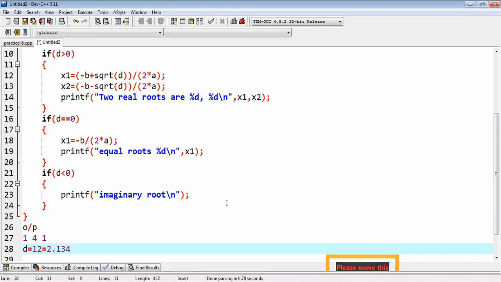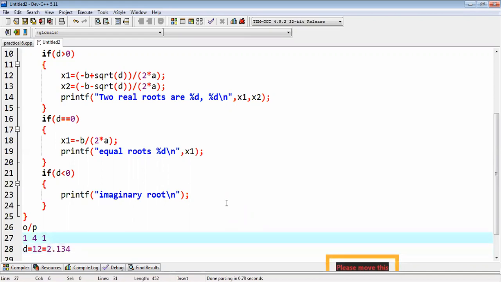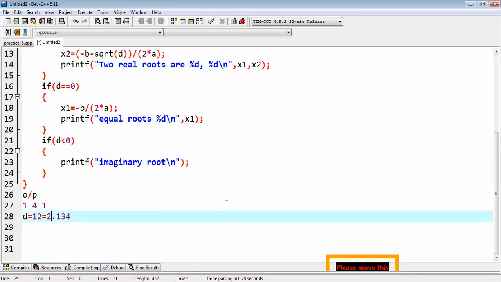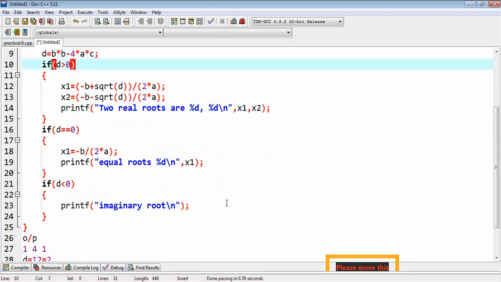Yes, that is what I want to tell you. If I calculate discriminant D and D value is in decimal, suppose 2.13 is the square root of 12. 12 का square root 2.134 ऐसे कुछ तो भी आया. It is assumption. It is not the perfect value. Then D, since D is declared as integer here, then you will get the value of D as only 2 stored in D, and then it will be calculated correspondingly here in this case.